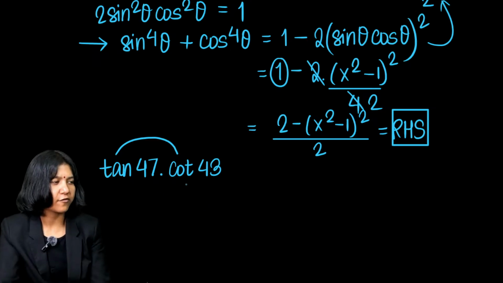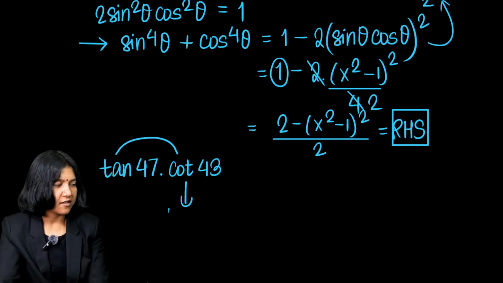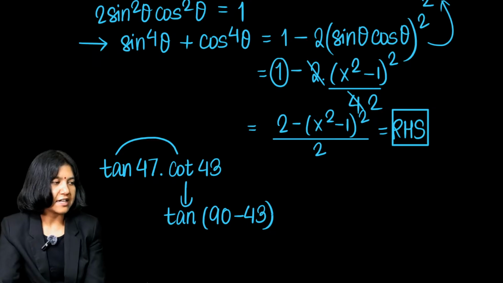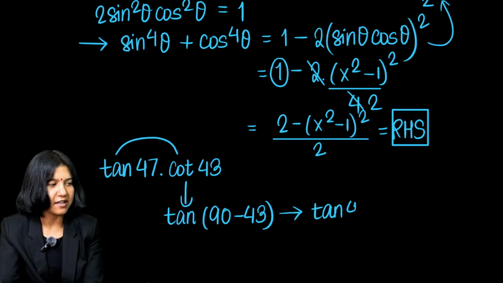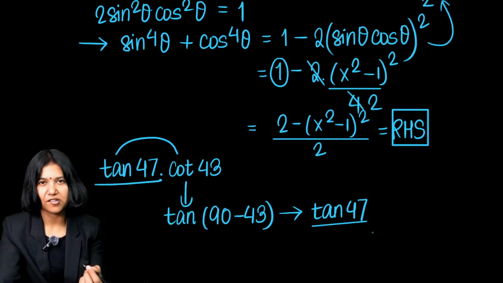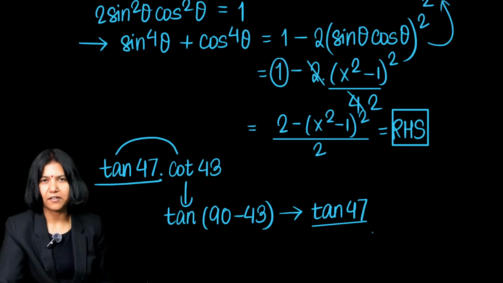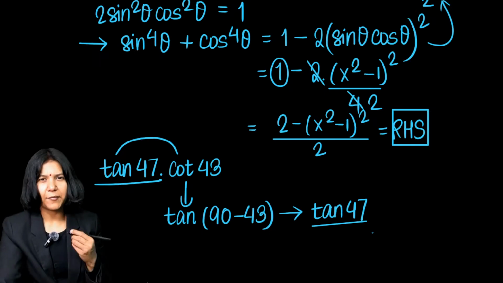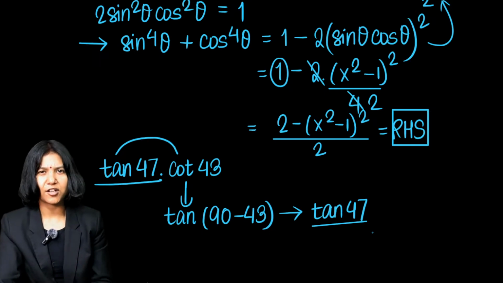So cot 43 can be written as tan of 90 minus 43. Why? Because they will be equal. Okay. So now 90 minus 43 is again 47. So you will get the answer as tan 47 times tan 47, which is just equal to tan square 47. This is just an example, but if you go through some of my shorts, then you will definitely